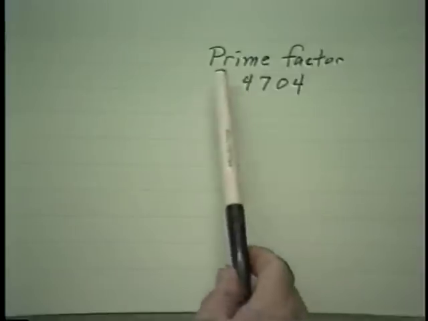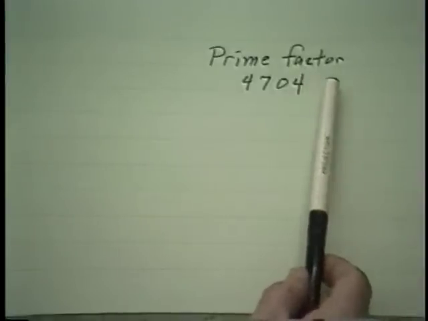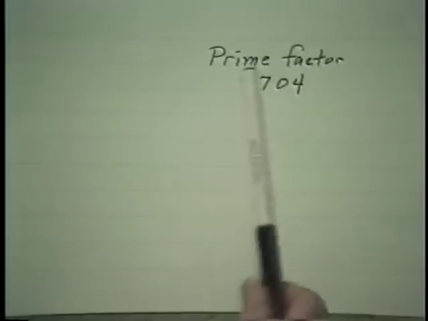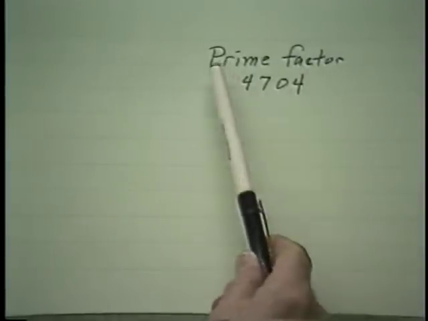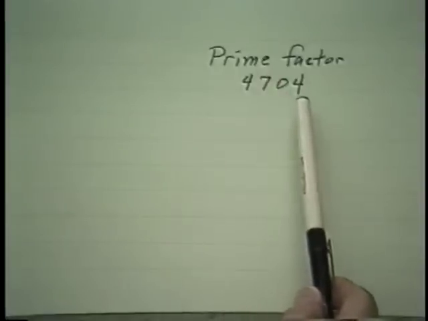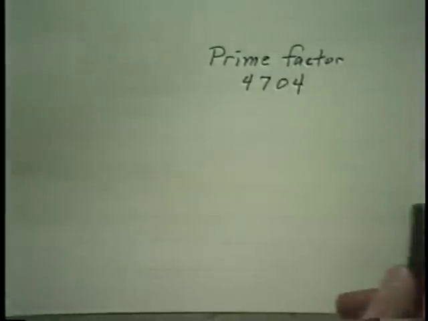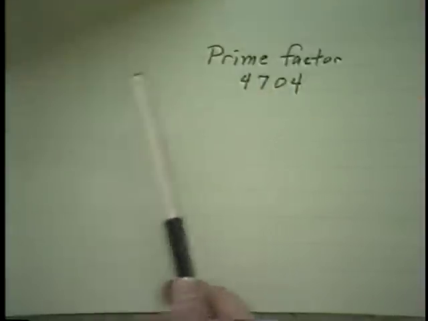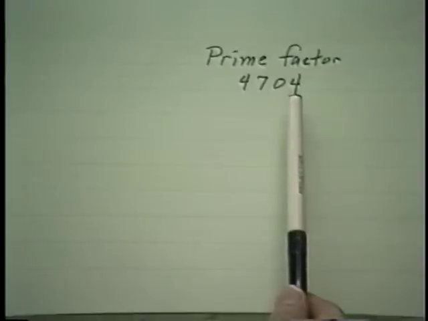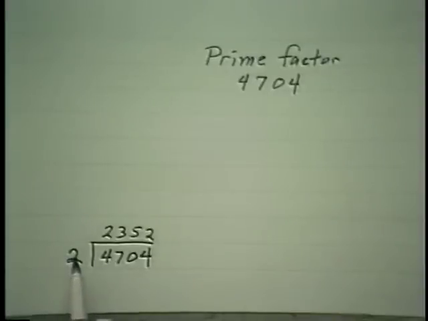Now, let's give an example with this problem. Let's say your task is to prime factor 4,704. To find the factors of a number is the same thing as to find the divisors of a number. To find prime factors is to find prime number divisors. So usually we begin our process by concentrating on the lowest possible prime number, which is 2. And that's even, so we know that 2 will divide into it. So let's do that. And that gives us 2 factors of our original number: 2, a prime number,